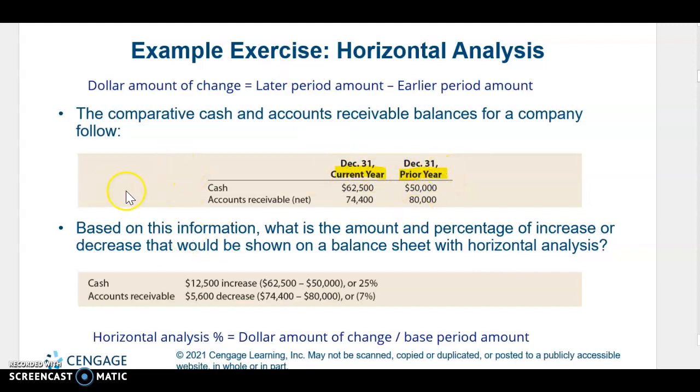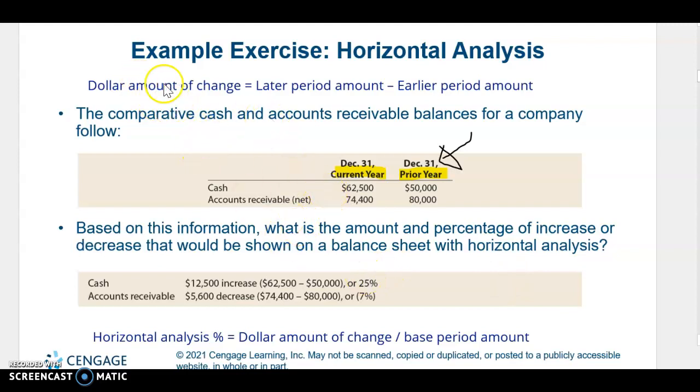So what they're wanting us to do is find the amount and percentage of increase or decrease that would be shown on the balance sheet with horizontal analysis. So keep in mind that your base year, okay, is right here. Okay, so